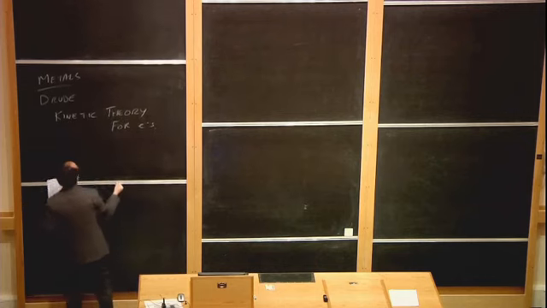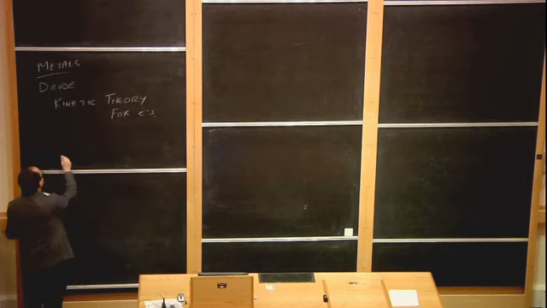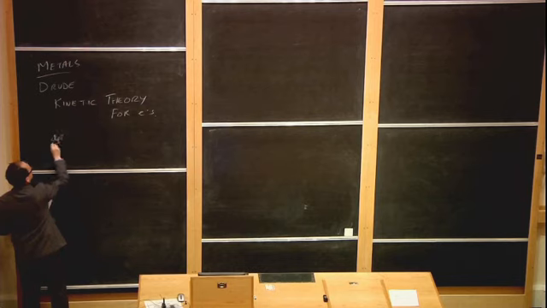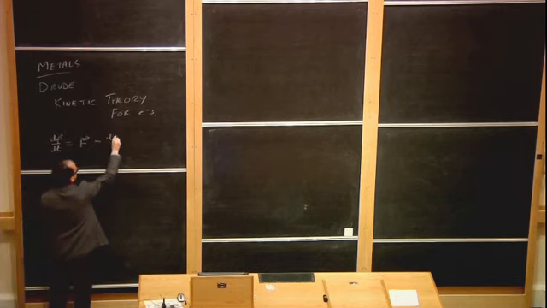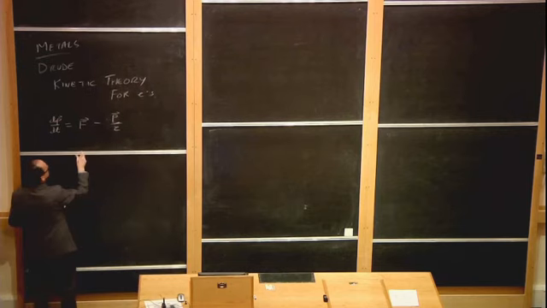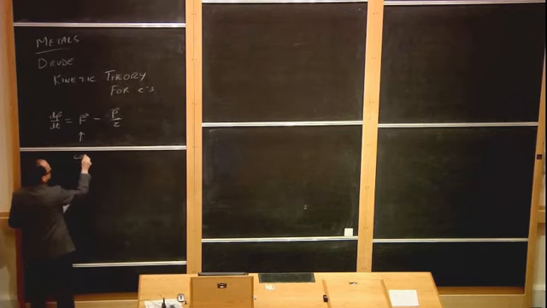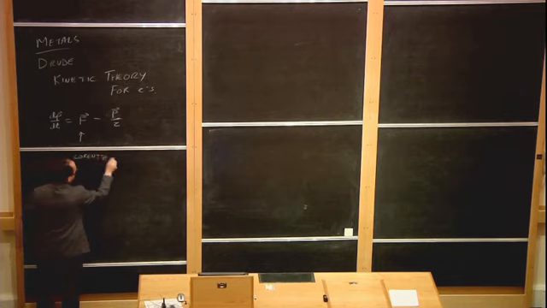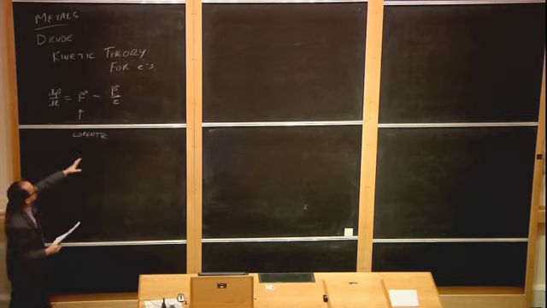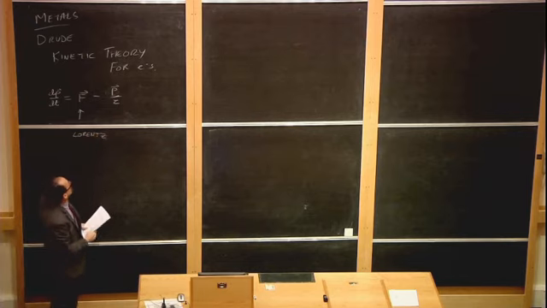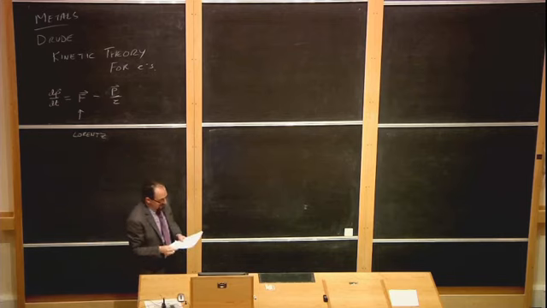And at the end of last time, we derived the Drude transport equation, dp/dt equals the force on the electron minus p over some phenomenological scattering time, tau, where the force is the Lorentz force, the general force that the electron feels. So it's basically just Newton's equation with an added drag force, p over tau, which sort of represents scattering and sort of slows the electron down in some way.